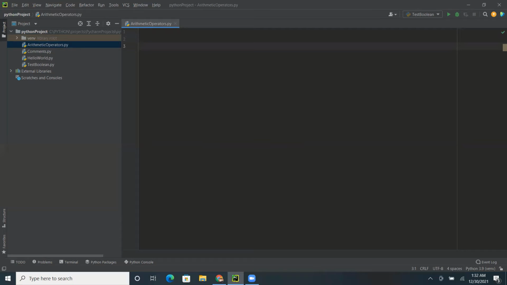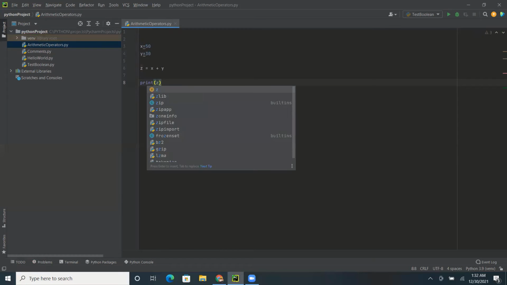Say x equal to 50 and y equal to 30, and now using the arithmetic operator we can do z equal to x plus y, and we can print it here, print z. Sorry, it should be a small z.